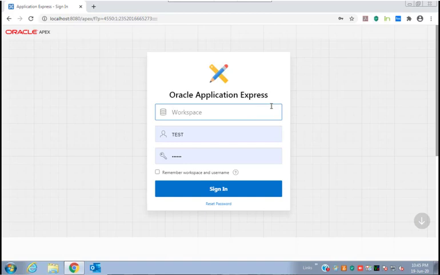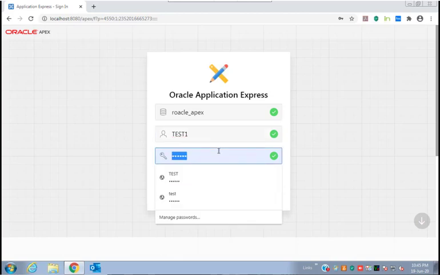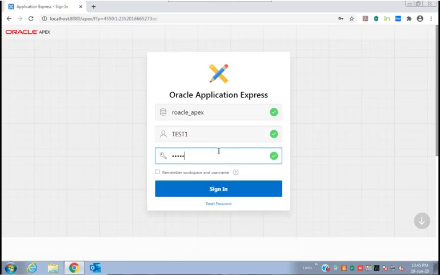Our workspace name is ORACLEFX. Sign in.